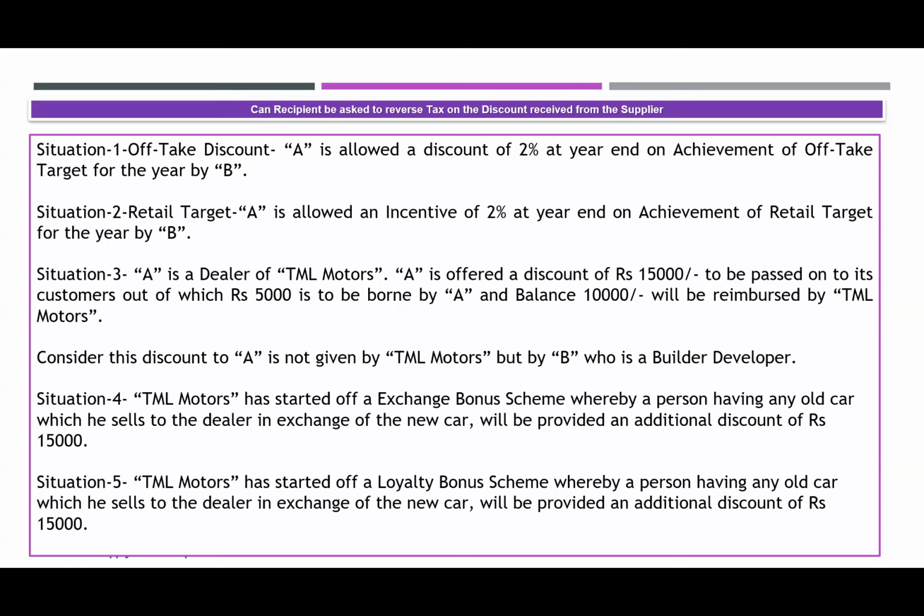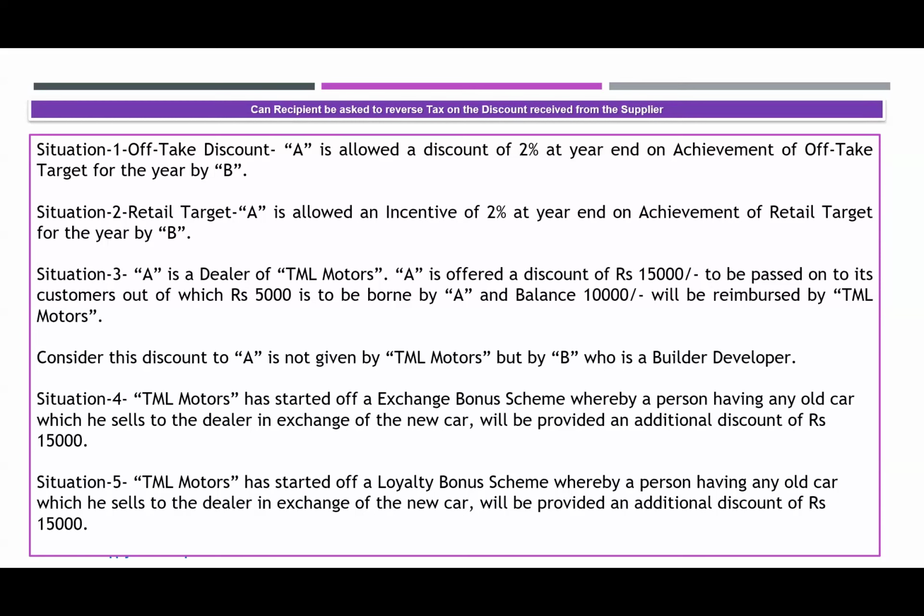Not repaid. Basis the inventory A has, TML Motor has computed how much A has to get. They have paid off in full. So now, whether or not A gives it to the customer, and how much he gives, is on A to decide. Correct. So again, this is something like a price drop incentive, which is given in case of price drop